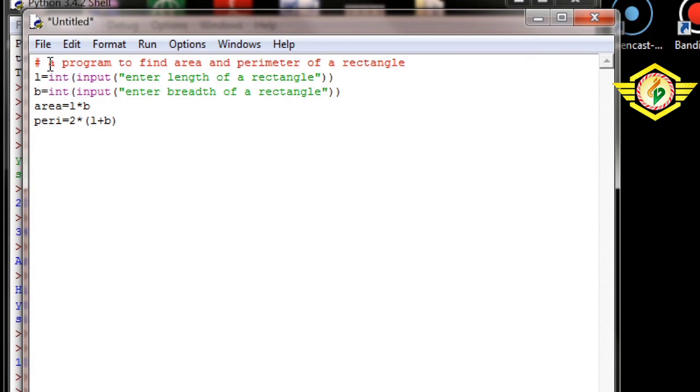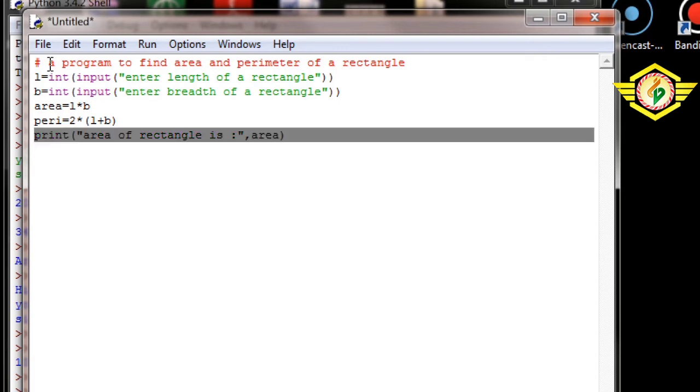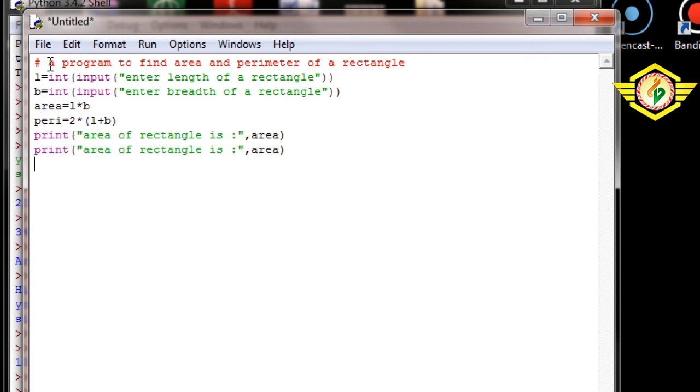Now we'll print it. So print statement, bracket start, double quote, within double quotes write a statement you want to display on the screen, and accordingly we'll print the value. So I have written area of rectangle, double quote close, comma, then the same variable, area. In the next line, again the same, print, I am just copying. Print perimeter of rectangle, and instead of the area variable, you write the variable name of the perimeter. So PERI is the variable, so we'll write PERI and close.